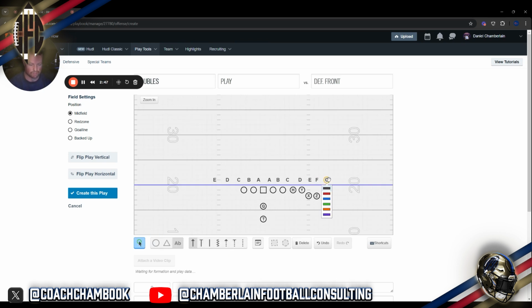Okay. So when we start talking about being gap sound, I am generally going to keep it pretty simple and just talk A through D gap. I'm not even really going to talk E that much. We'll leave it up there just because there's people out there that run double wing type stuff. So